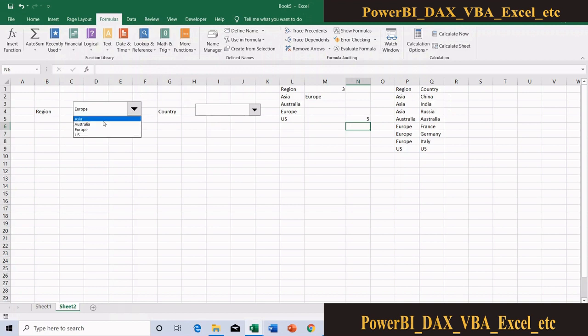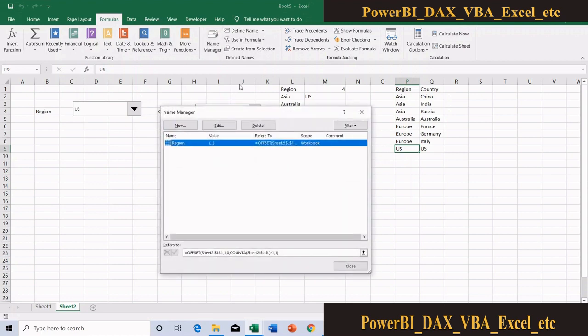If I am selecting Asia, from my reference point I need to offset 1 row so that I will get the starting position of Asia. If I am selecting US, it means that I need to offset 8 rows from my reference point. 1, 2, 3, 4, 5, 6, 7, 8. Okay. So how many rows I need to offset, I got.